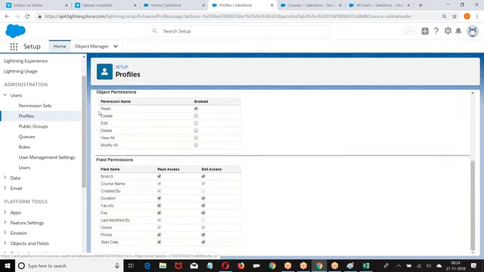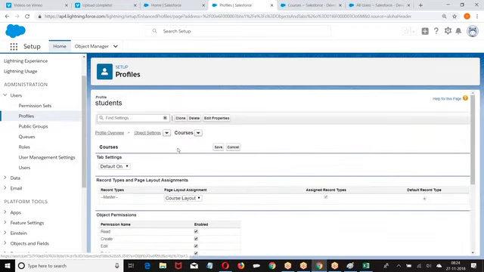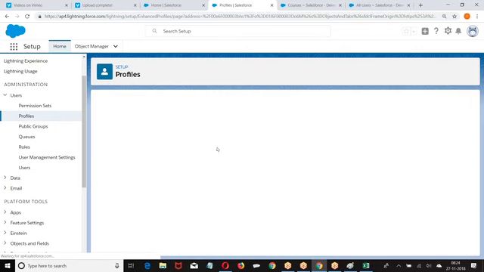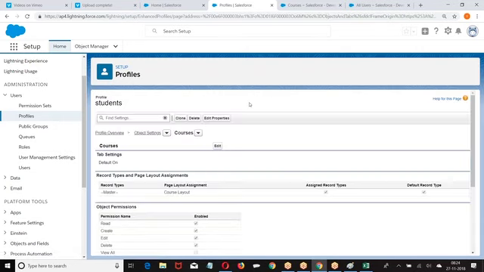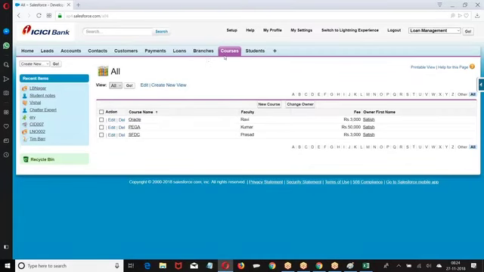Now, on the object, what is the permission I give? Edit, delete. I give the following permissions. Right. When I give these permissions, go to this person.